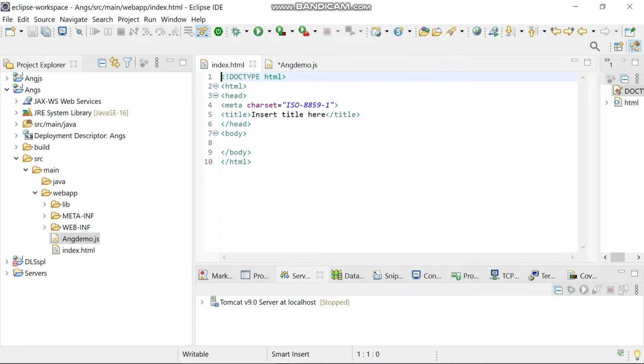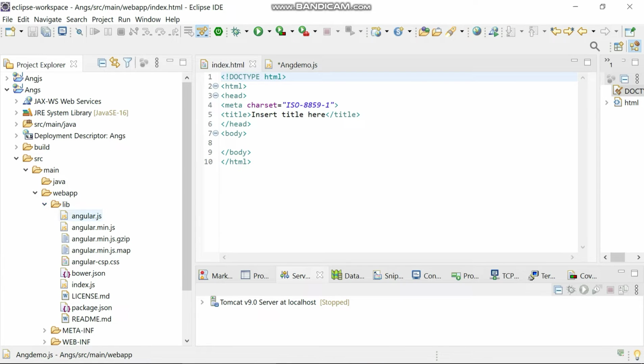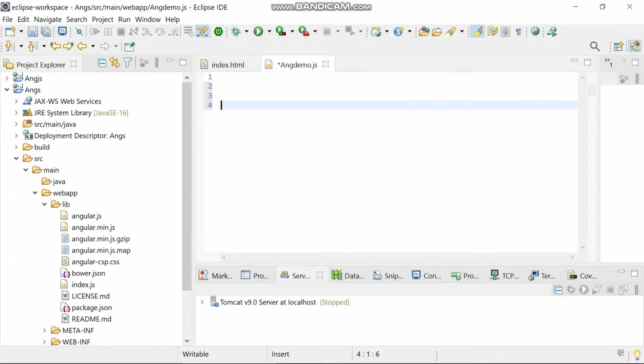We just imported a few set of AngularJS files and placed them in the directory lib. And then we create an AngularJS file, I mean .js file. The name of the file is ang demo.